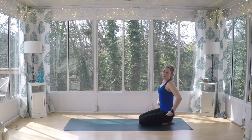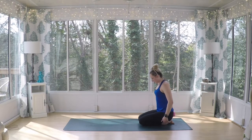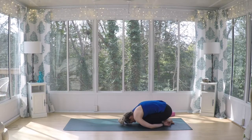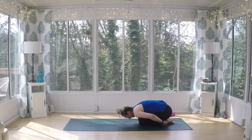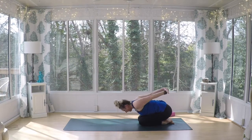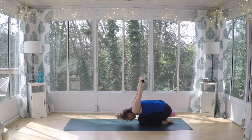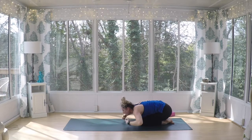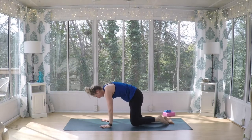Let those hands rest right next to the knees, right next to the ankles. Let the shoulders drape over the knees like our favorite blanket. We can grab one more chest expansion if we'd like. Interlace those fingers behind the back. Lengthen the arms. Lift the fist to the sky. Release the fists. Let's come up onto all fours, and then we're going to just find our way to an